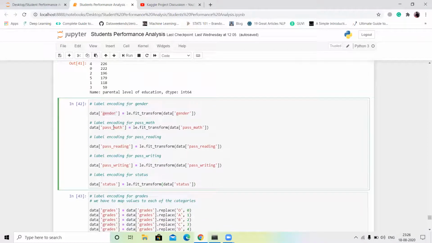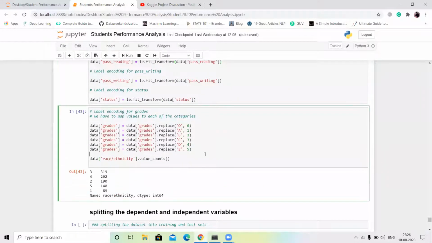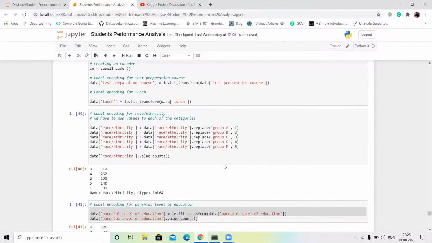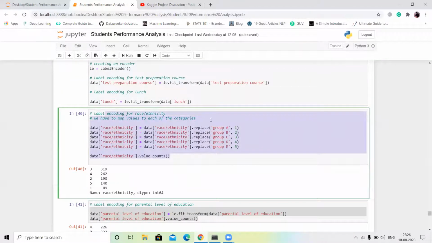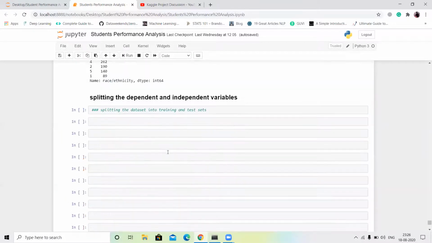Same thing for the pass math column, pass reading column, pass writing column, as well as the status column. I call le.fit_transform and change the categorical values into numerical values. Next, same thing, I change group A into 1, group B into 2.